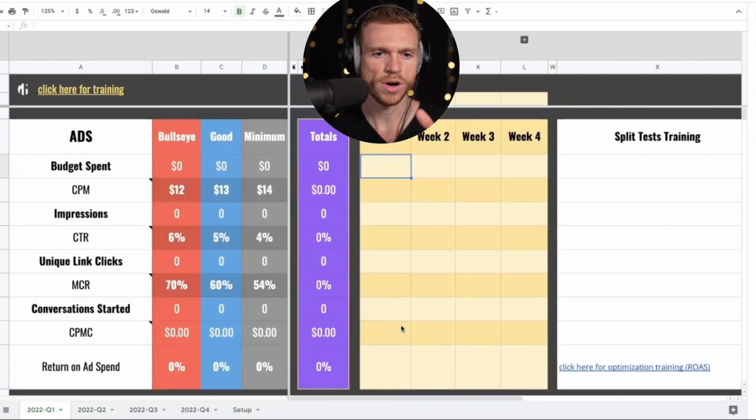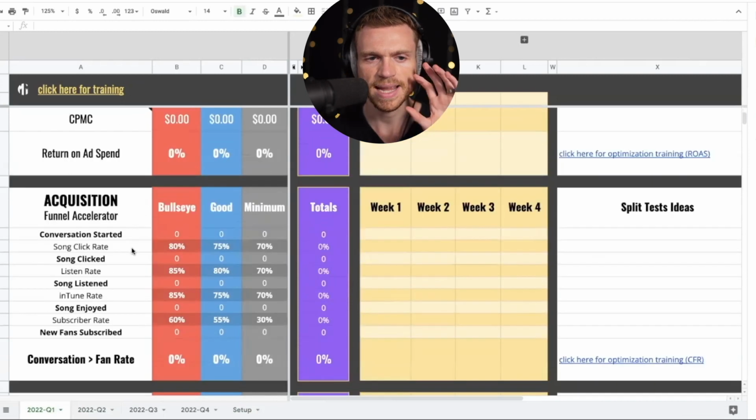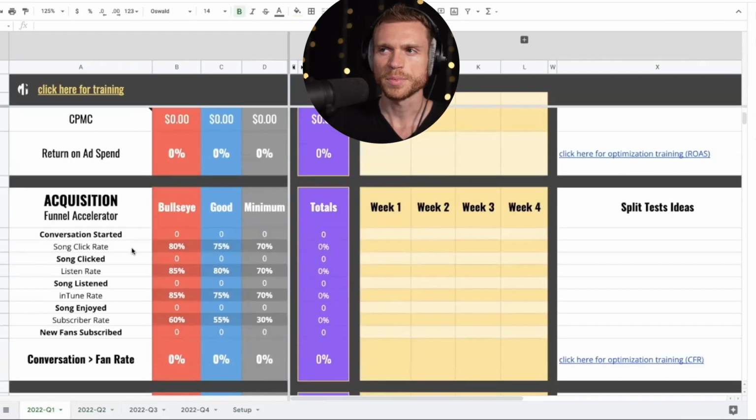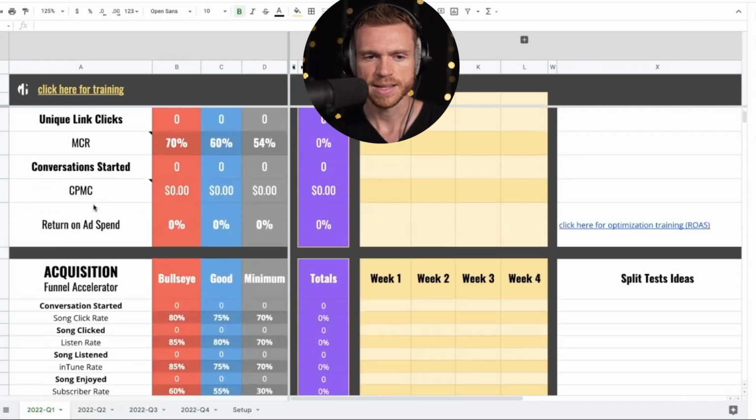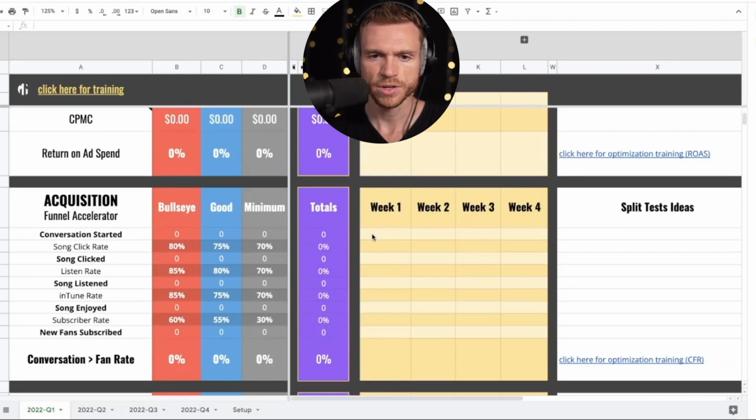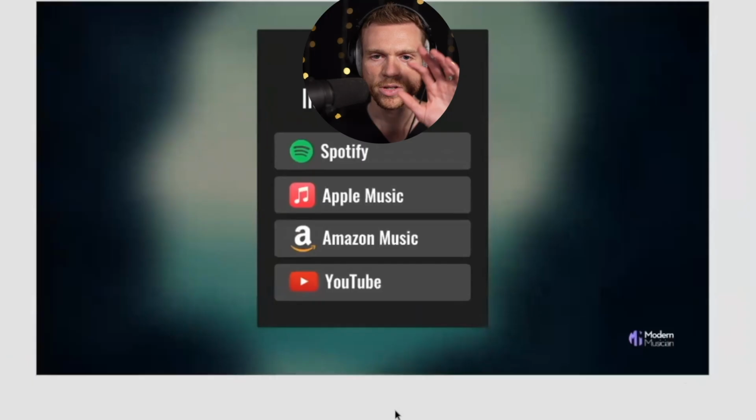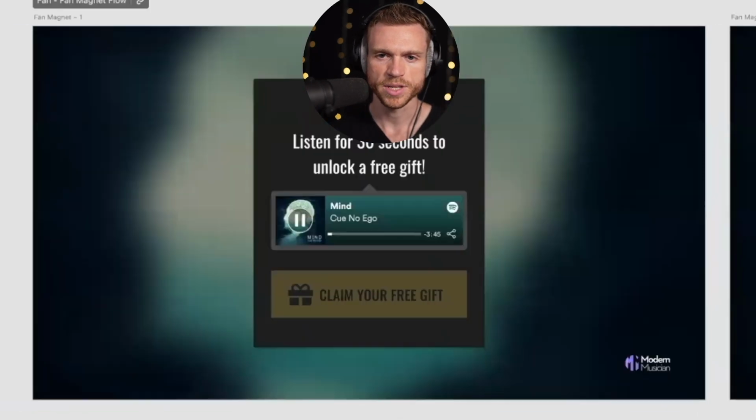But within the free course, really what we focused on was this acquisition funnel, which is really taking someone from a new listener to actually becoming a fan and joining your street team. Really the two main parts of this that you're going to want to focus on are the ads and the acquisition part of it. What this is going to do is show you specifically how many people you started having a conversation with, and from there, how many people clicked on your street team funnel. So how many people went through the process where they clicked to listen to the music,